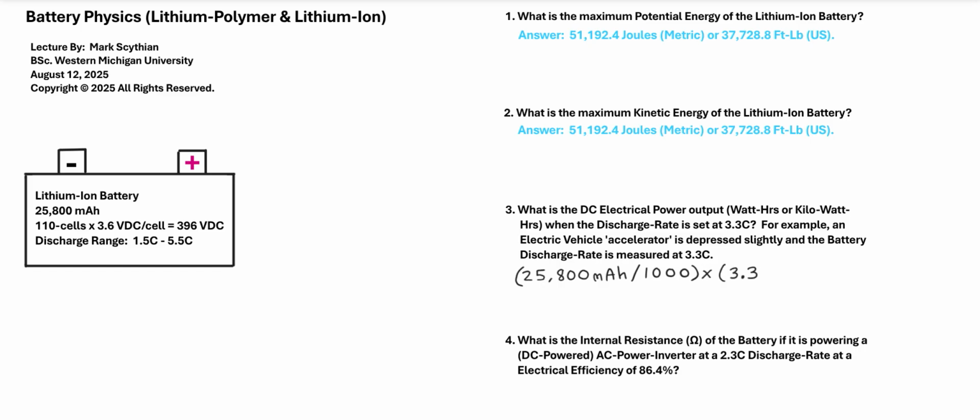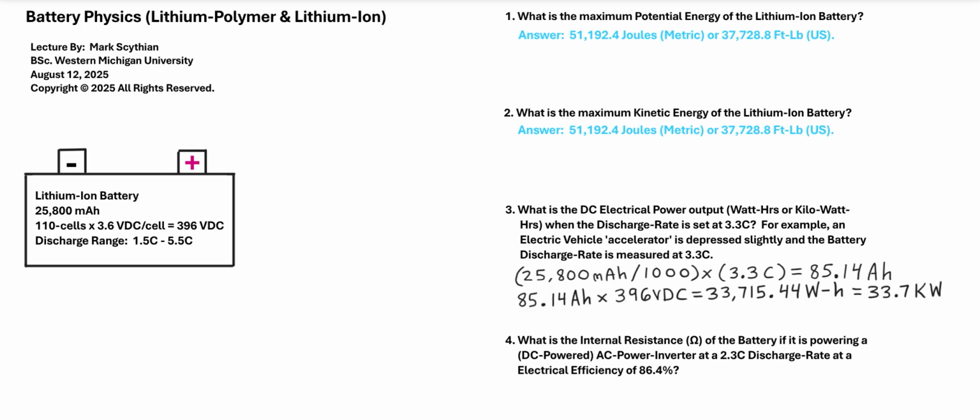First we get the base value of current capacity, so we'll just divide the 25,800 milliamp hours by 1,000, and then multiply the 25.8 amp hours times 3.3 C, and we calculate 85.14 amp hours of current discharge. So that's 85.14 amps for 1 continuous hour, and then we multiply that times the battery voltage rating, so we get a watt hour value at 3.3 C discharge of 33,715.44 watt hours, or 33.7 kilowatt hours as the electrical power output